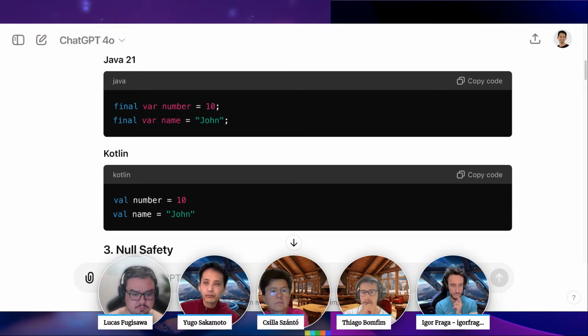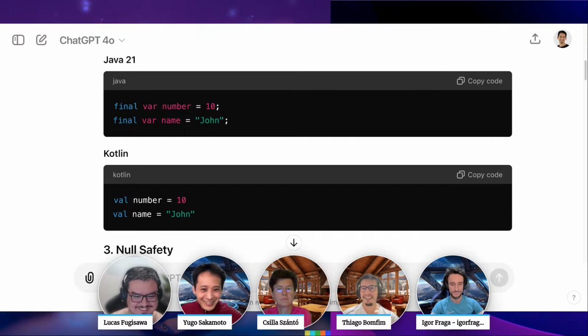When we work with immutable variables, we can use records, and maybe that is something close to this feature, right? You don't need to use Lombok anymore, and you don't need to keep declaring setters and getters. When we use records, it is only the data object itself. I hope I'm not wrong. Is that correct, Thiago, and other Java developers?